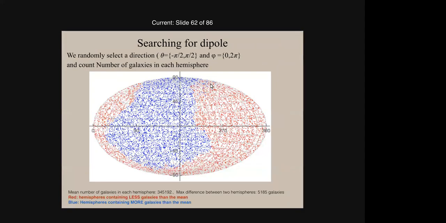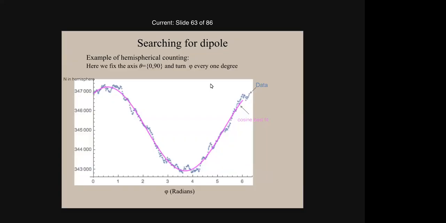And this is the dipole that you see. Basically, the blues are the directions that contain more than the mean, and the reds are the directions that contain fewer galaxies than the mean. Now, the whole thing of establishing the cosmological principle is the number count. It's actually quite simple. You just look at different directions inside a solid angle, and you count. I do a number count in hemispheres pointed at different directions, and you see that I see a dipole pattern.